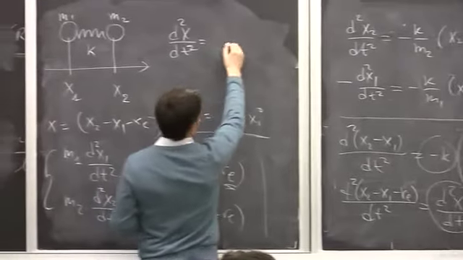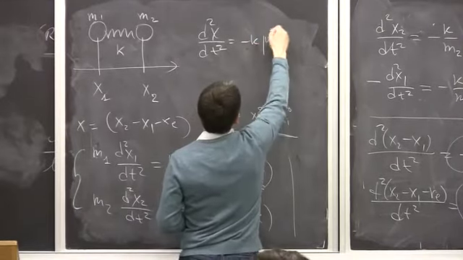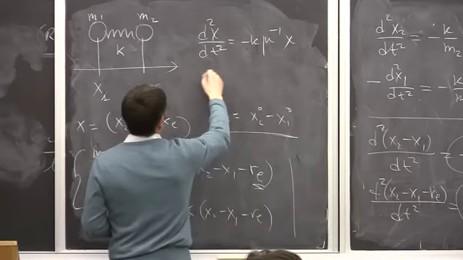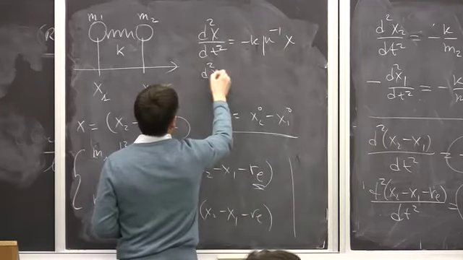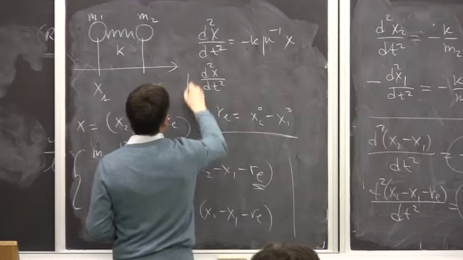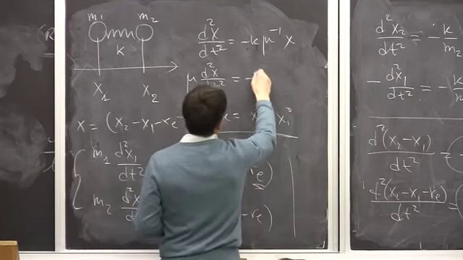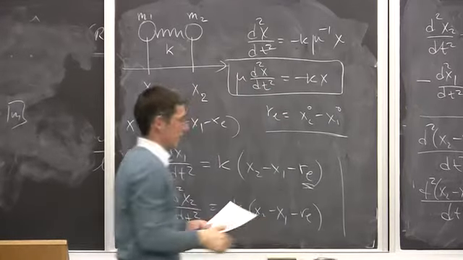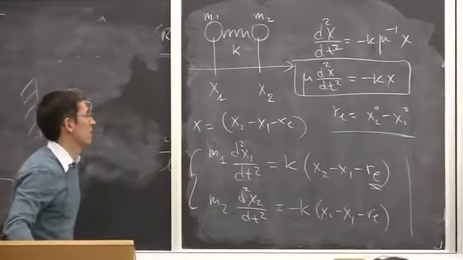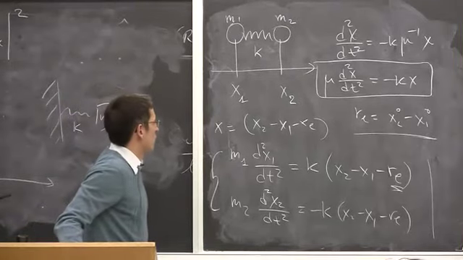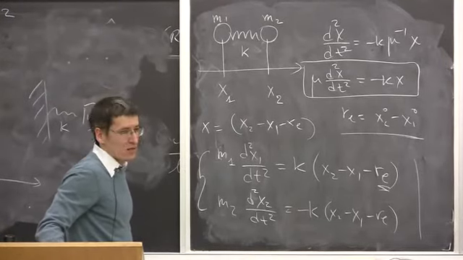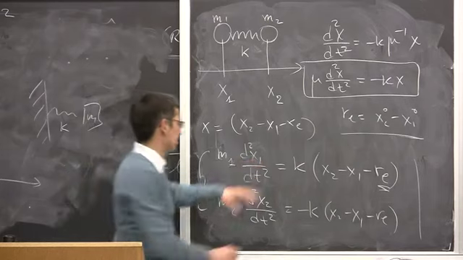So then it will be minus k mu to the minus 1 times x. Okay, so what we derived here is a Newton equation for the internal variable x that is the deviation from